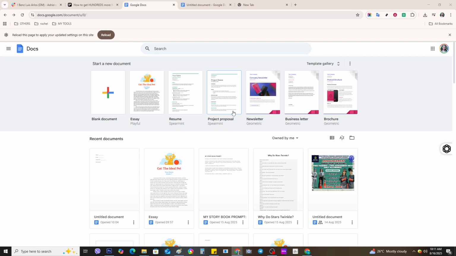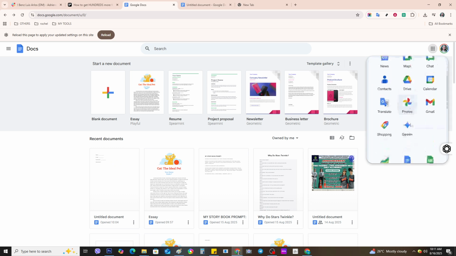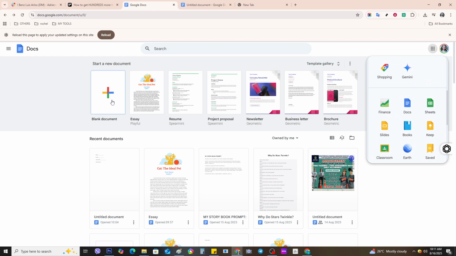First, let's start by heading over to Google Docs. To do this, simply open your internet browser and navigate to docs.google.com. Once you're there, you have the option to either create a blank document or open any existing document you may have. This flexibility allows you to add new fonts to any document you're working on or create a fresh one